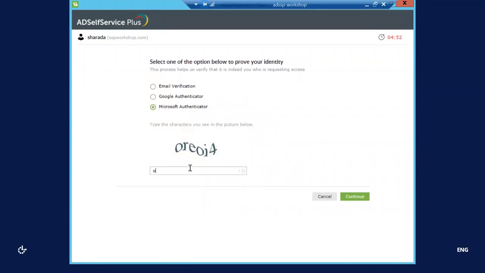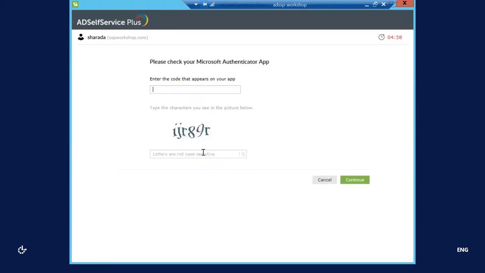The good news is I have my authenticators pre-configured as well. So I'm going to go with the Microsoft Authenticator, which is an app-based authentication. And click on continue. I have the code in my mobile device with me. I've not screened my device because it's a personal device, but I'm going to quickly give in the code